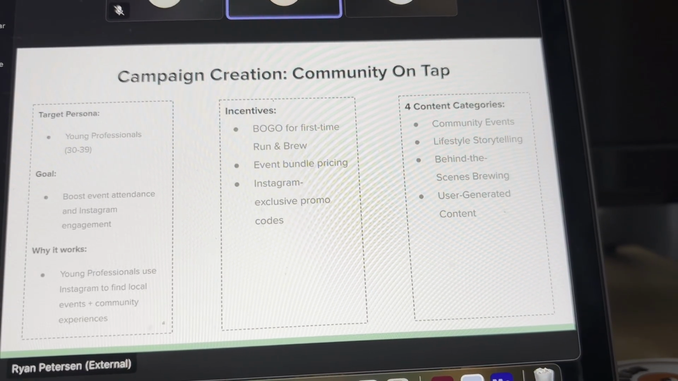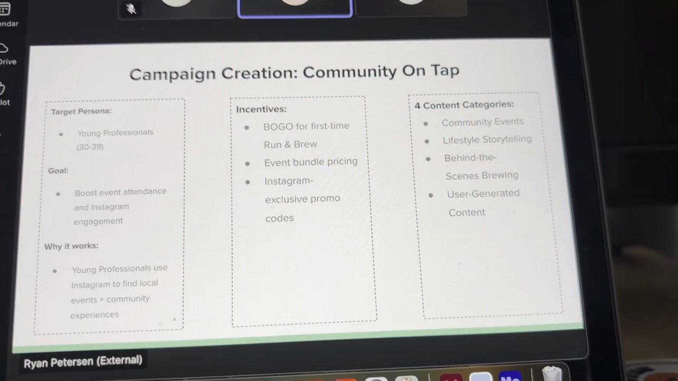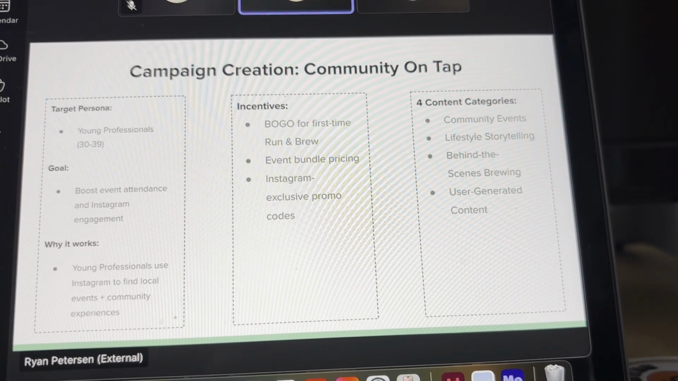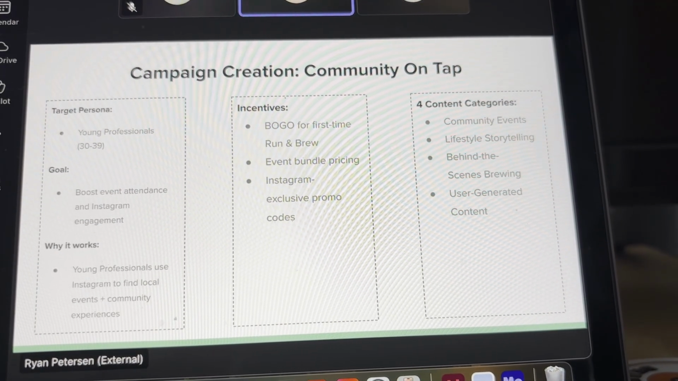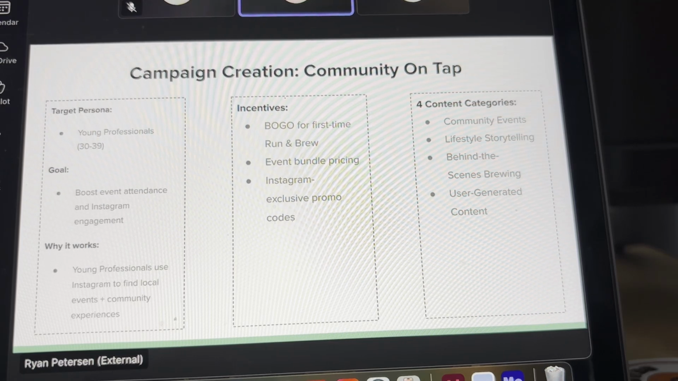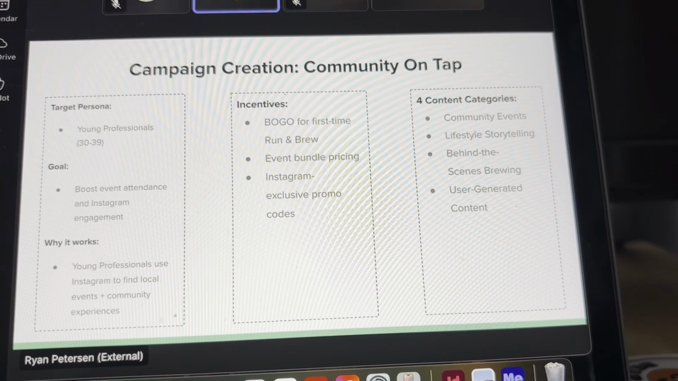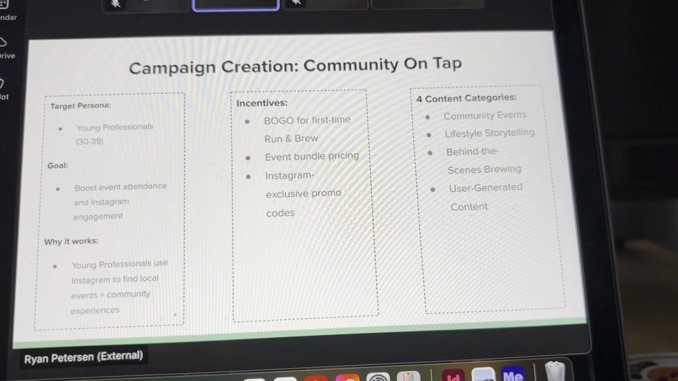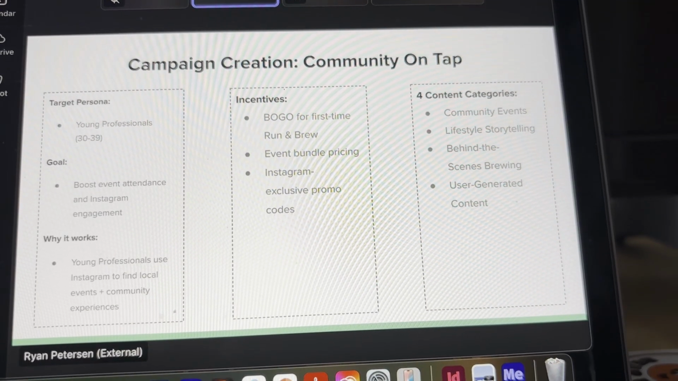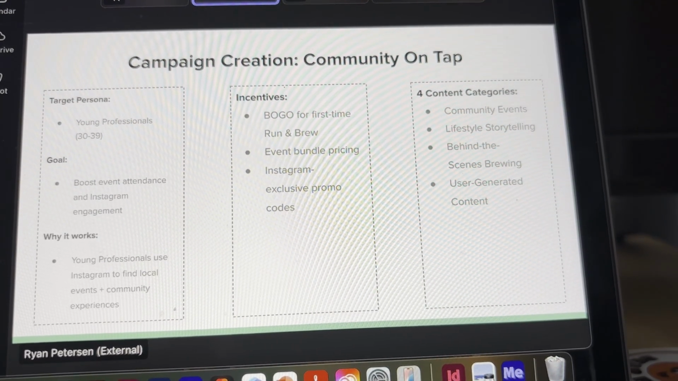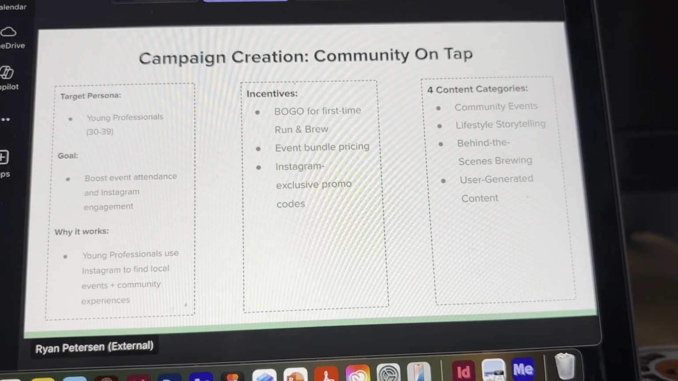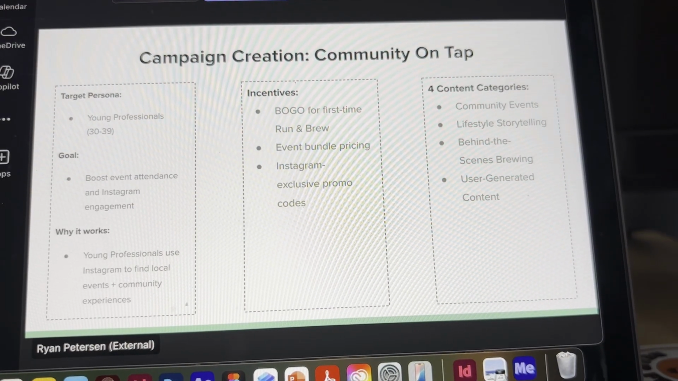The campaign's main goals were to increase Run and Brew event attendance and improve Instagram engagement. We wanted the content to meet young professionals where they already are, which is scrolling Instagram during breaks or after work, and to give them reasons to get involved. This campaign works because young professionals respond to short form video, authentic visuals, and incentives tied to activities they already